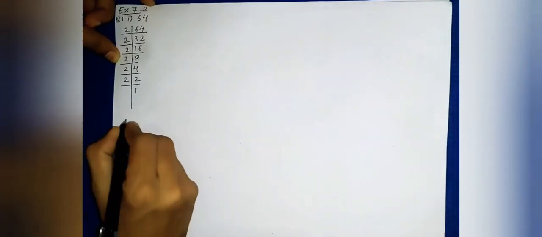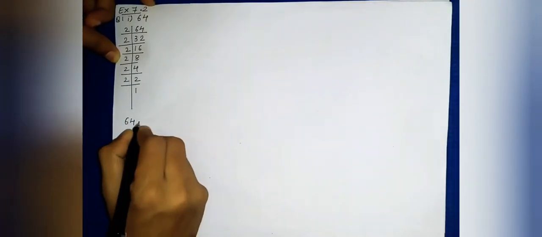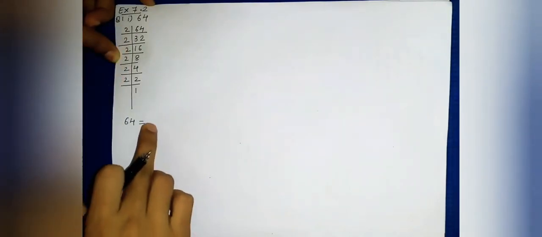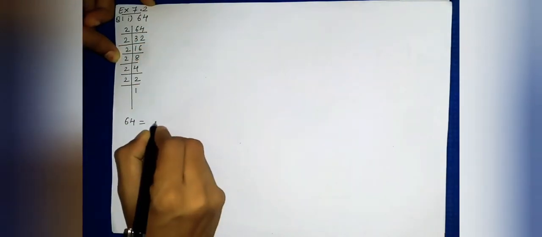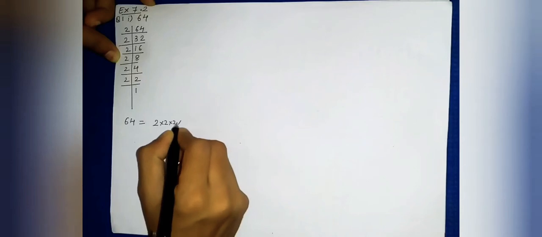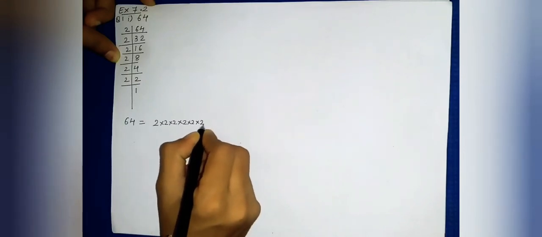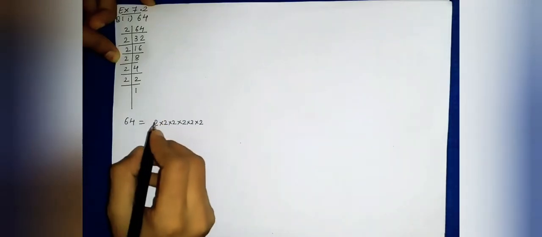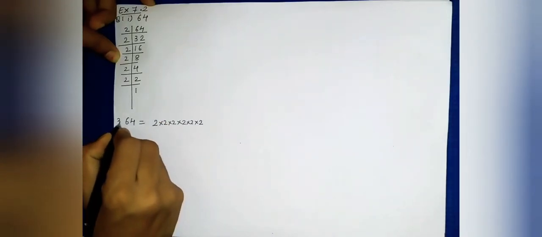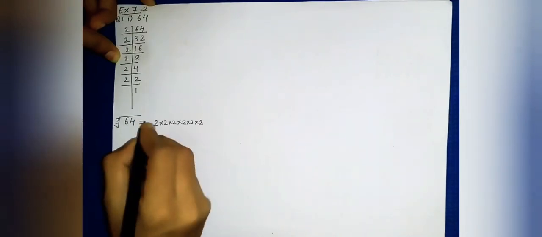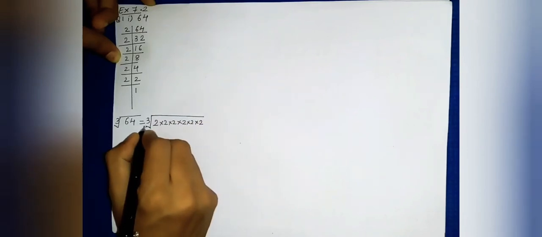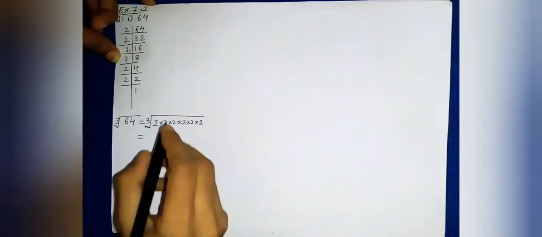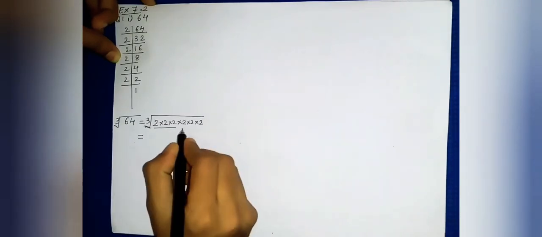Now we are finding the cube root of 64. First of all we will write down all the factors we have got. So 2 is there 6 times: 1, 2, 3, 4, 5 and 6 times 2. Now the cube root we are finding, so this is the symbol of cube root. Both sides we will put the symbol of cube root. Now we have to group the numbers into 3. So this is one pair, and this is the second pair.